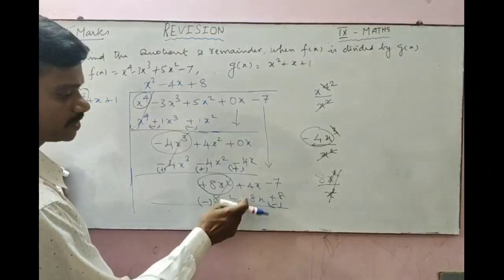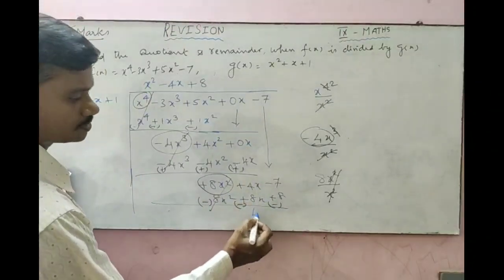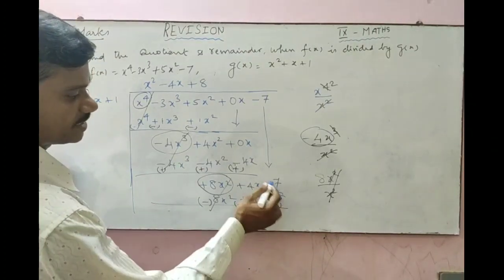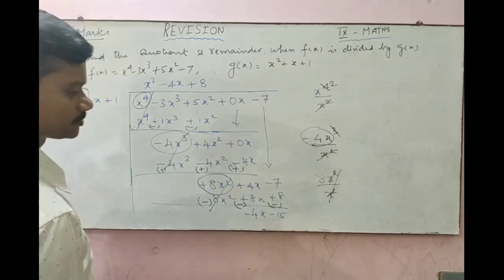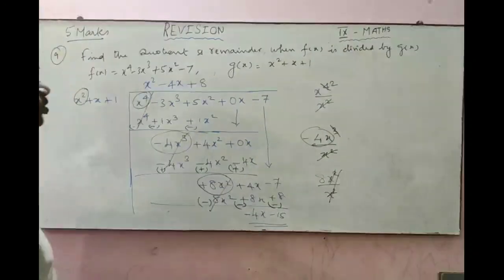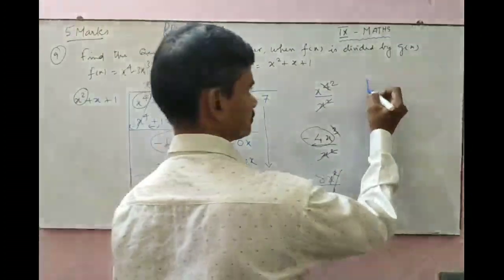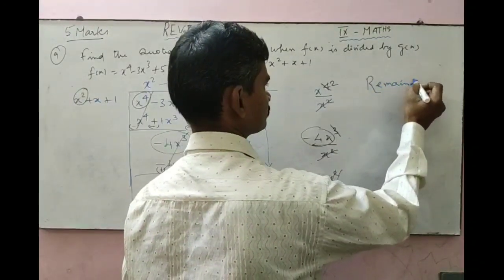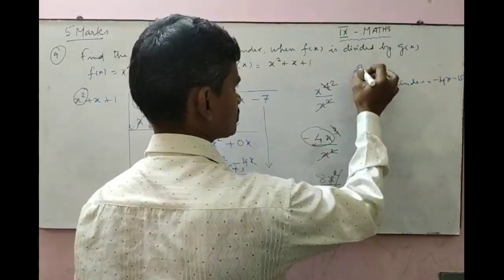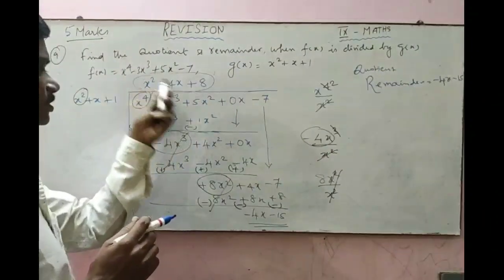Plus 4 minus 8. இது ரெண்டு different sign இருக்கு. Subtract பண்ணணும். Subtract பண்ணிட்டு greater number sign minus 4x. Minus 8 minus 7 it becomes minus 15. So ரெண்டு ஒரே sign add பண்ணிட்டு அந்த sign அப்படியே போட்டுங்க. Now this is the remainder. Division is over. இதுக்கு மேல நம்ம divide பண்ண முடியாது. So the remainder is minus 4x minus 15. What is the quotient? The last one is the remainder.